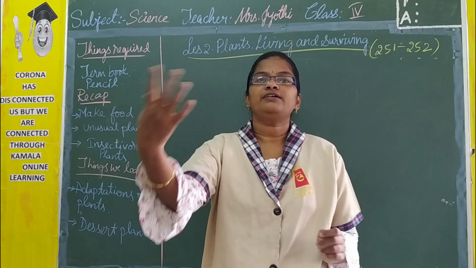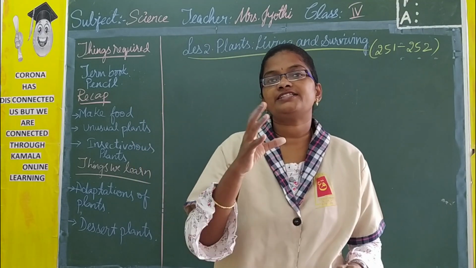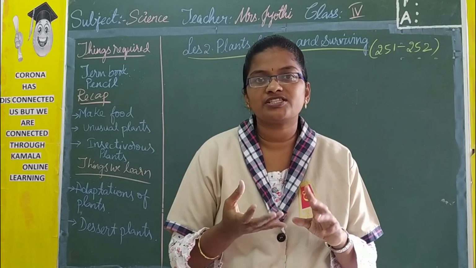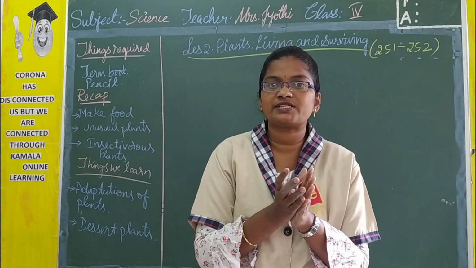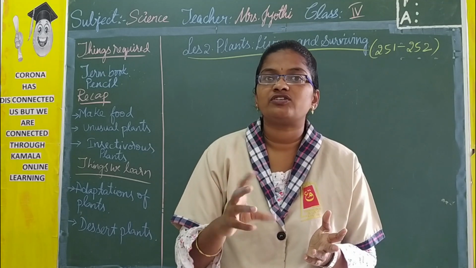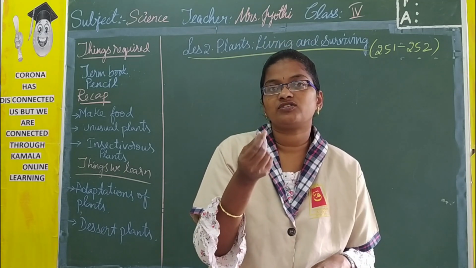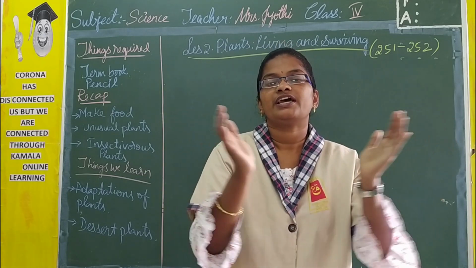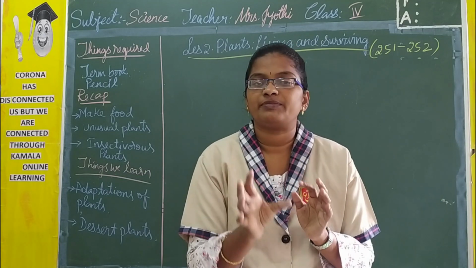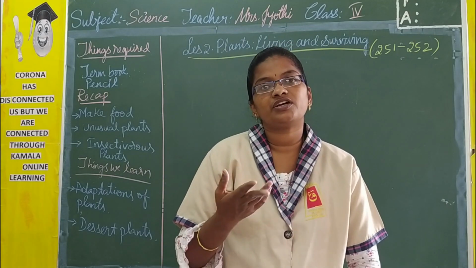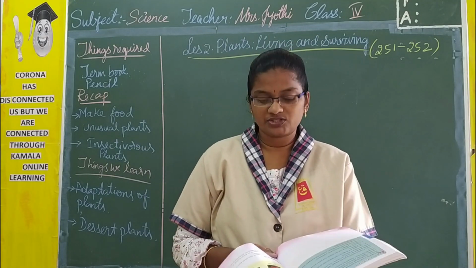Generally we see many different plants and each and every plant is different from one another, let it be in their size or shape, the number of leaves present, the shape of the flower or the shape of the leaf, and the texture, how the surface of the leaf is. Everything depends on the climatic condition in which it grows. So in this lesson we are also going to learn about these topics.